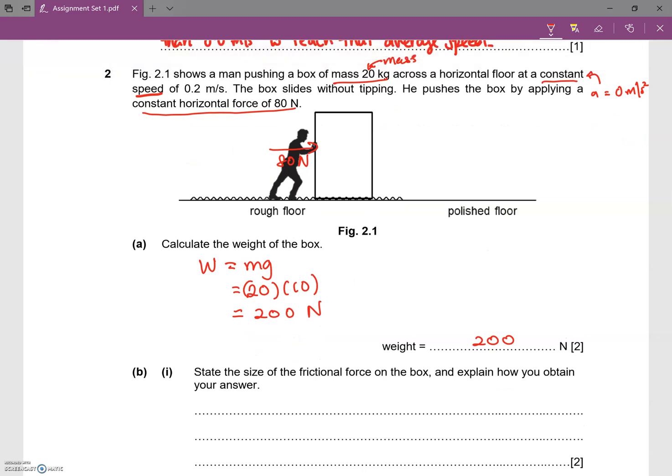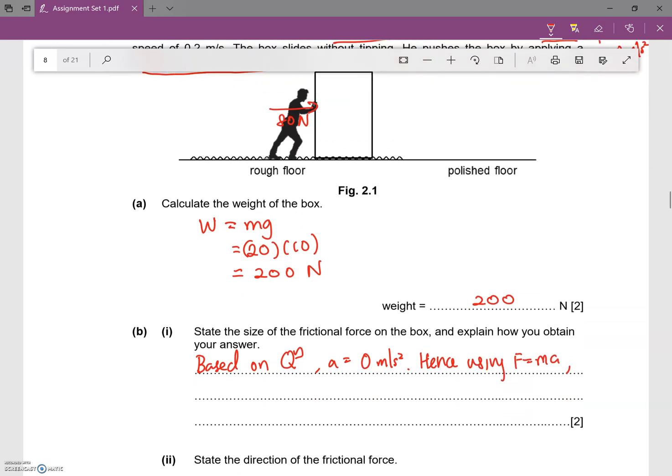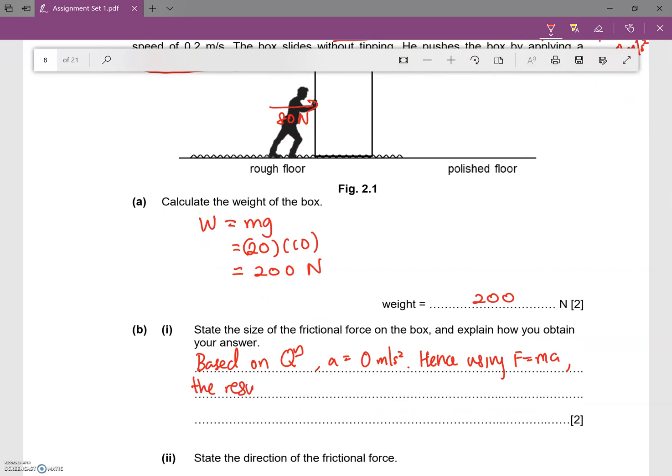Now the next part, state the size of the frictional force on the box and explain how we obtain the answer. So now let's start by explaining this first. We know that based on the question, acceleration equals 0 meter per second squared. Hence, using F equals ma, the resultant force is 0 Newton,